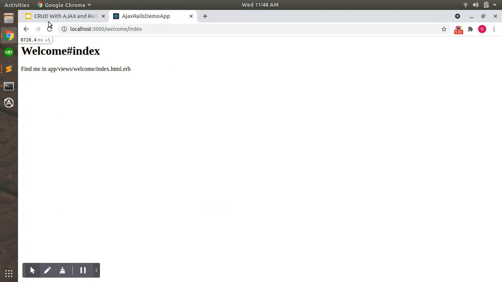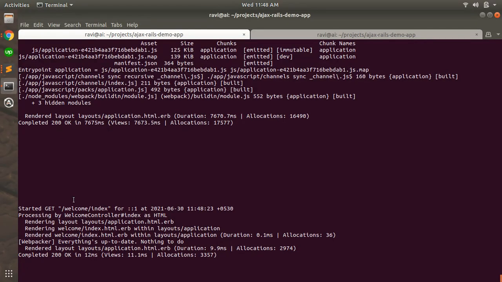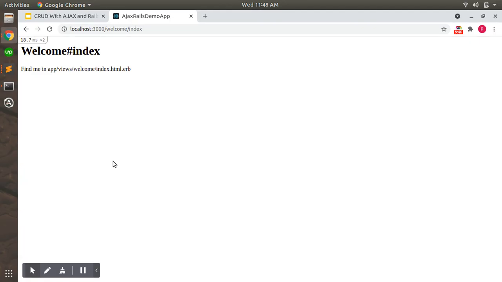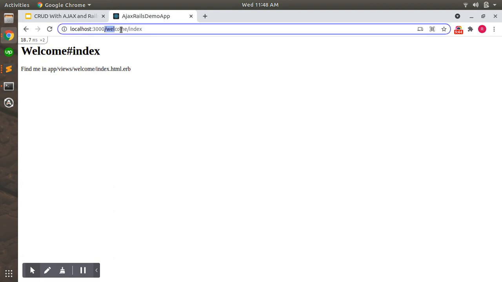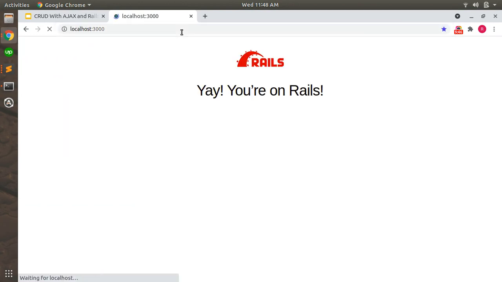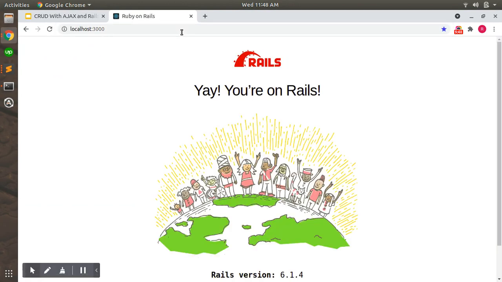This is the page, and this page is loaded by the welcome controller of our application. Okay. Now, since this is not the default landing page, whenever I come to localhost 3000, my root page is still the index page of the welcome controller that is generated by Rails.